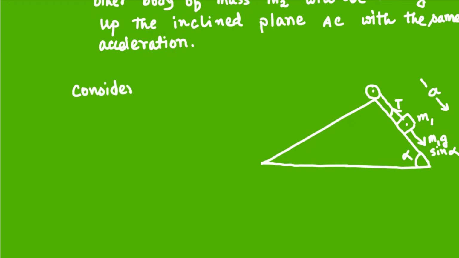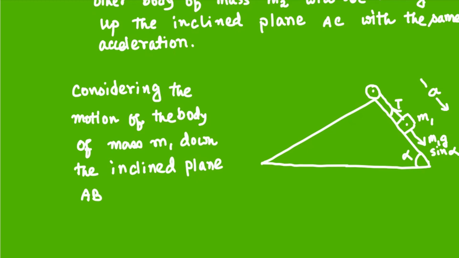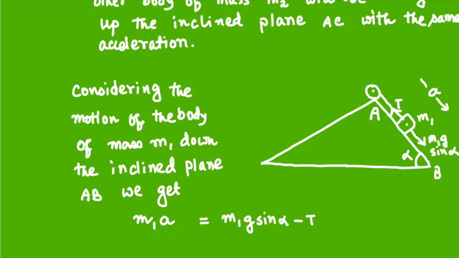Considering the motion of the body of mass m1 down the inclined plane AB of angle of inclination alpha, we get m1a equal to m1g sin alpha minus T, or T equal